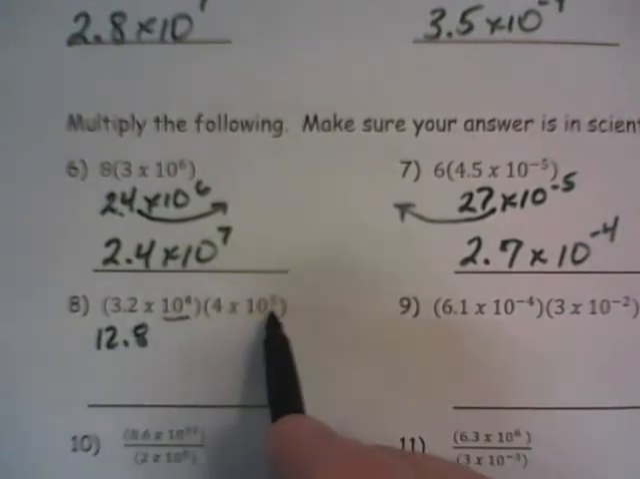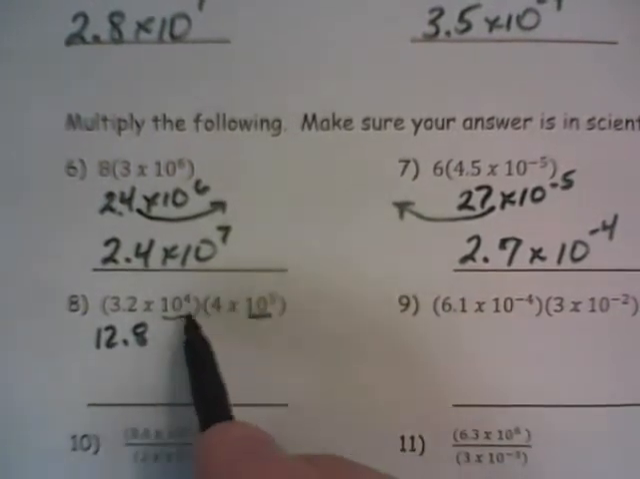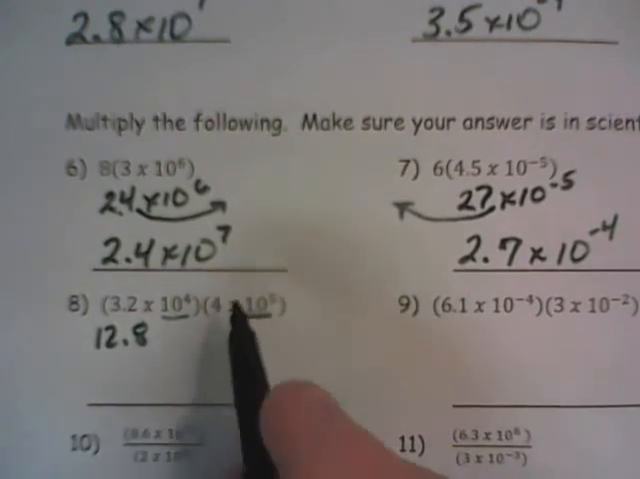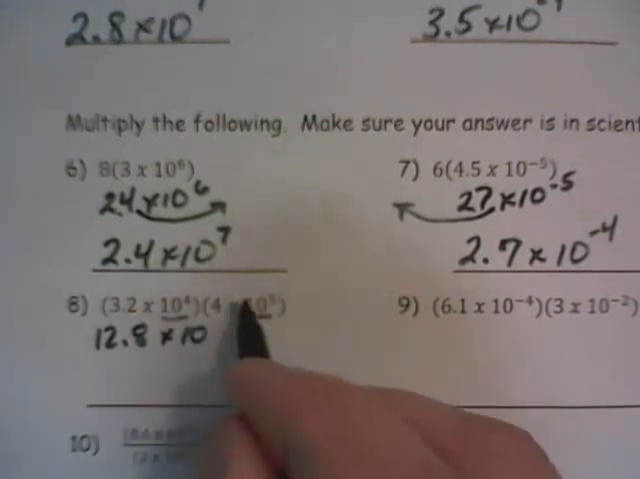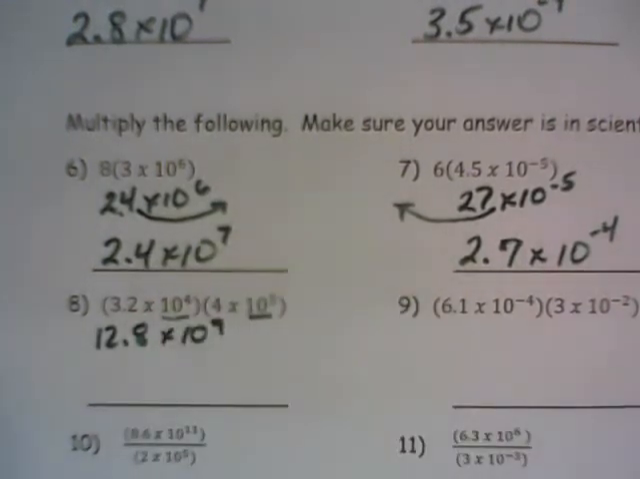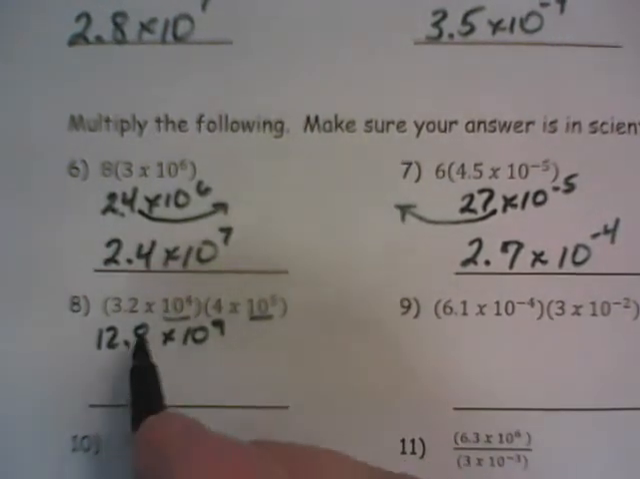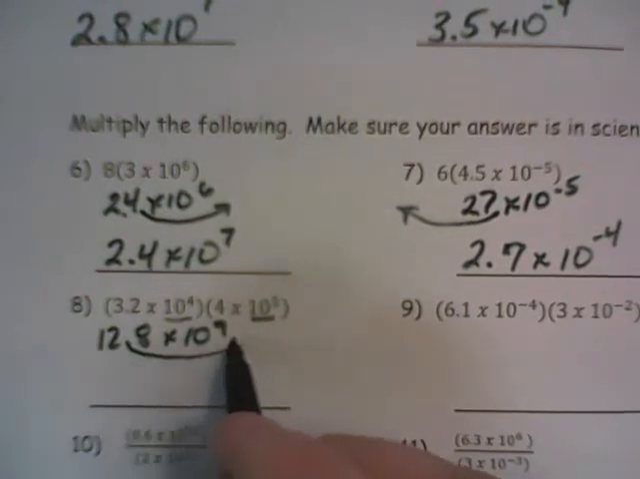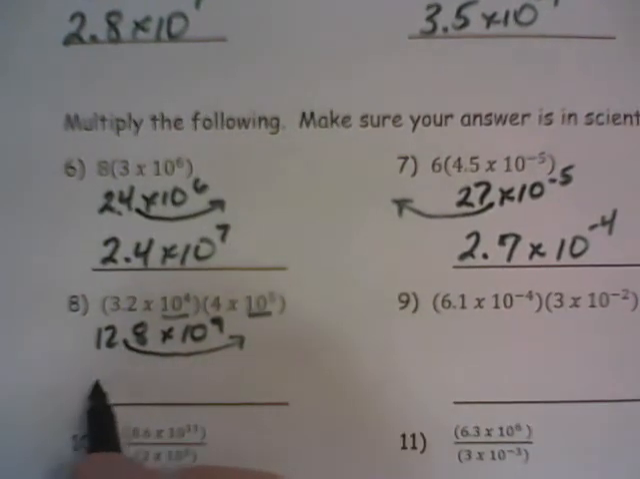And then when I multiply 10 to the 4th times 10 to the 5th, those are like bases. And remember, when we have like bases, we just simply add the exponents. 4 plus 5 is 10 to the 9th power. But this is not in scientific notation. We would take the decimal and move it 9 spaces to the right,